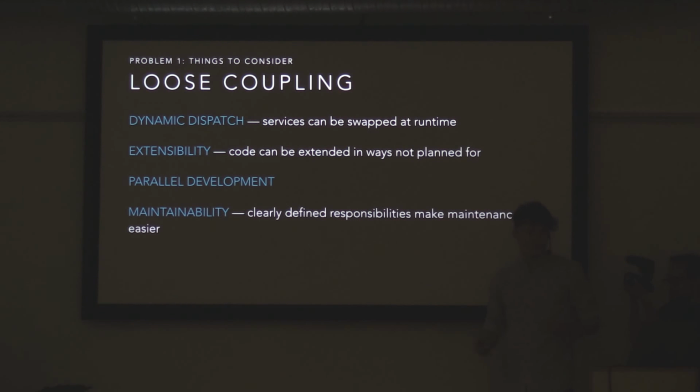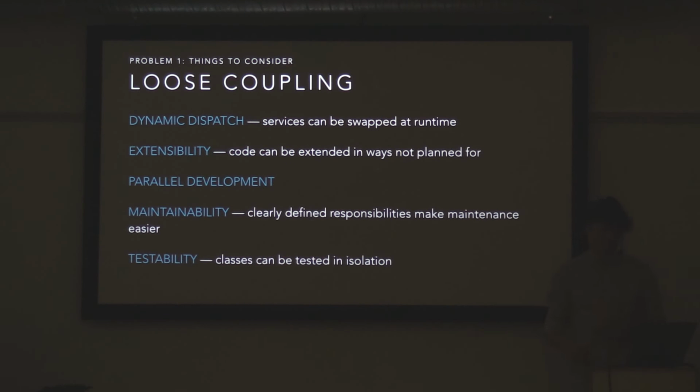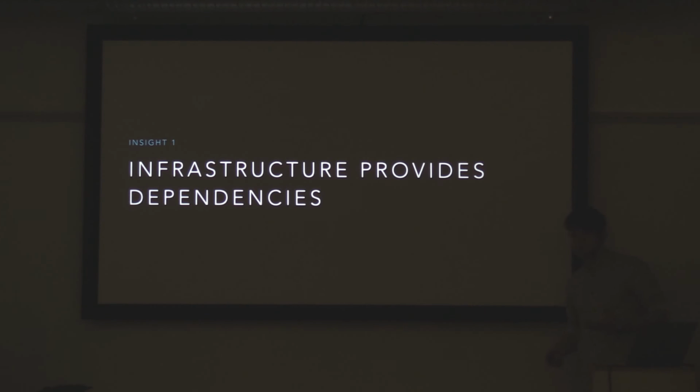Then there is maintainability. Well, basically, loosely coupled code is almost equal to maintainability. It's much easier to disassemble the app and reassemble it again if it's loosely coupled. And the stability. So you can stop everything around some module or unit, and you test it in isolation. So once we've considered that, the insight would be that we don't want to instantiate something ourselves because it would tightly couple us to the thing, and we need someone to provide us with dependency. And this would be an infrastructure of some kind.